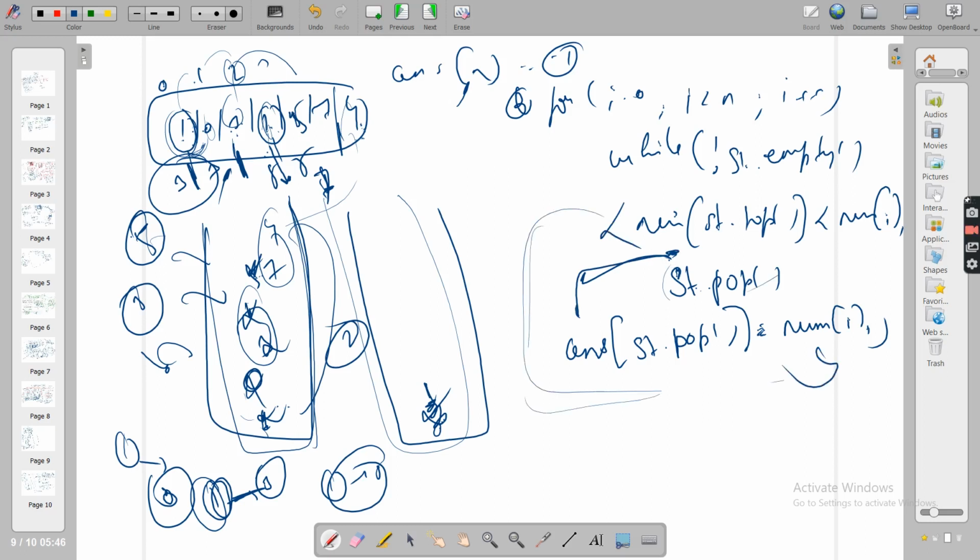Once you are done with this while loop, it says I'm done removing elements that I can remove, and for all of them I have found the NGE. But now you have to push me, because you have to find the NGE for me. What do you have to push? Not the value, because you saw for 1 there can be NGE 3, and for 1 here NGE was 5, so you have to push the index, st.push(i).